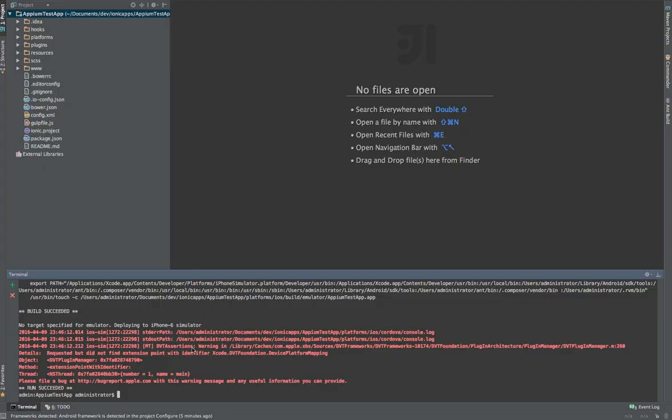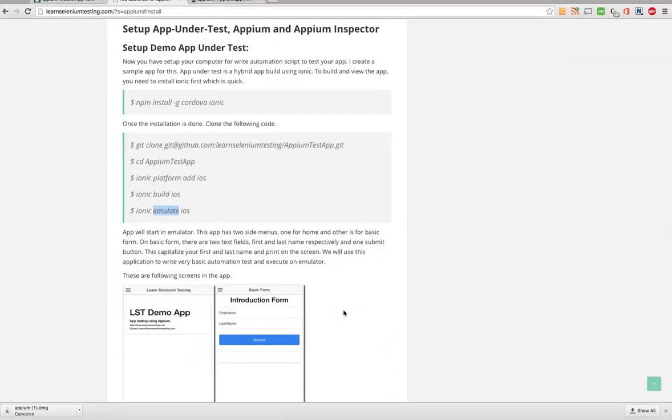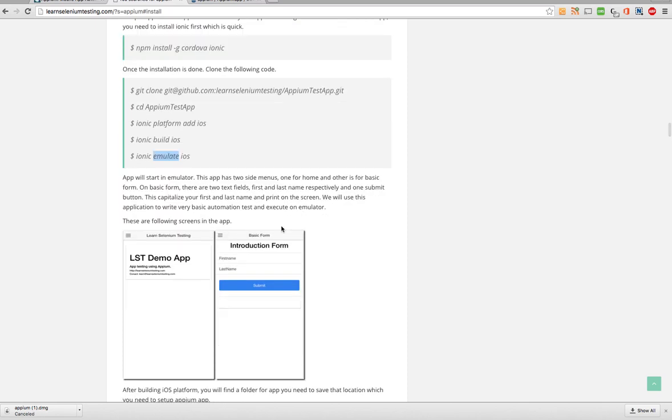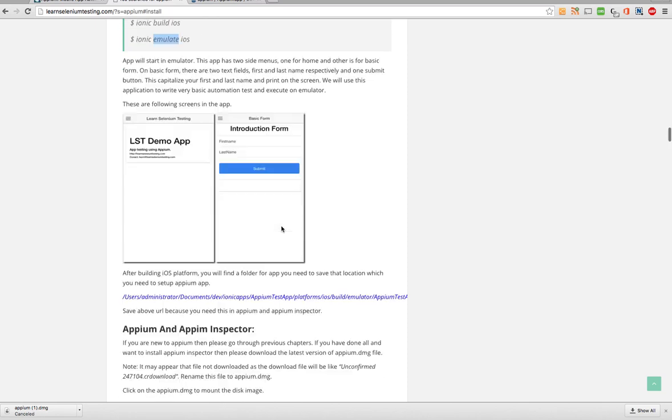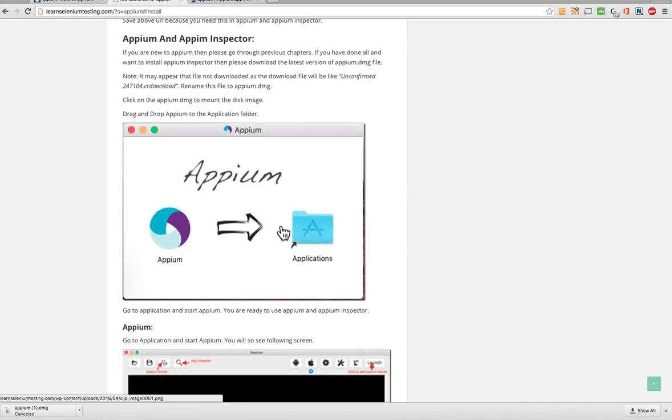Let's go here, and once we build, I know what the location is where my test app is. So my app is located here, so I'll save that location, because I'm going to use it in my Appium now. So we are ready with our app under test. So next is Appium installation